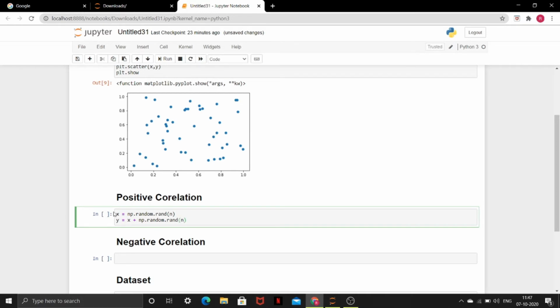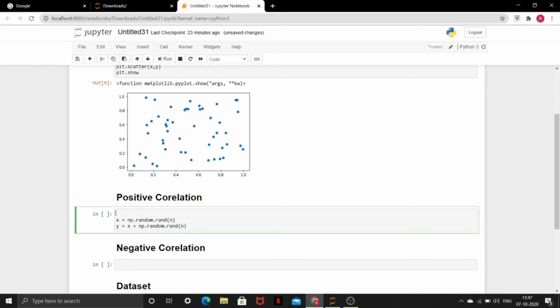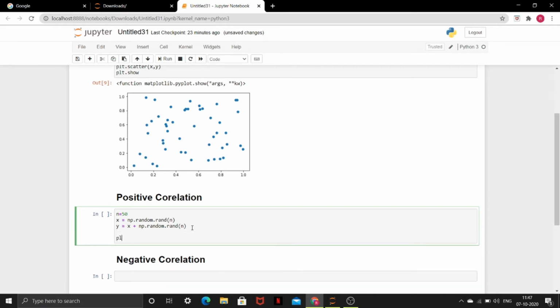And again, I will fix n as 50. And now for these two variables, we'll plot the scatter plot.